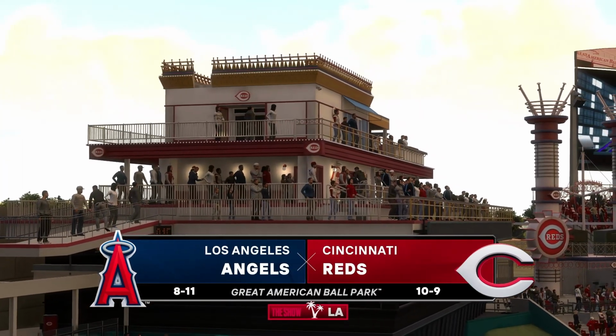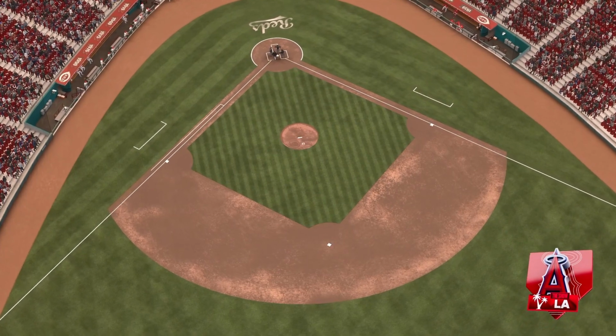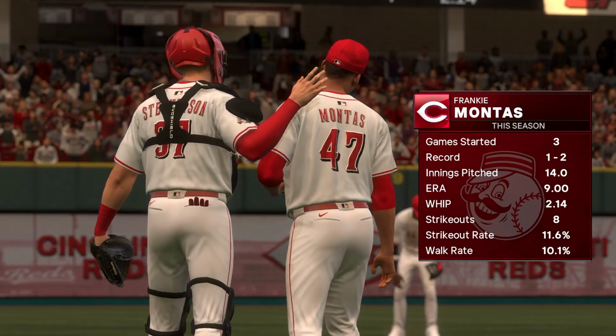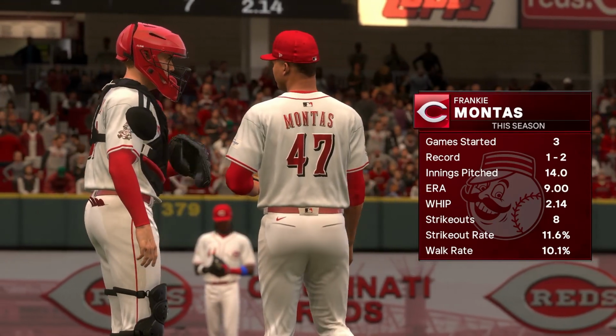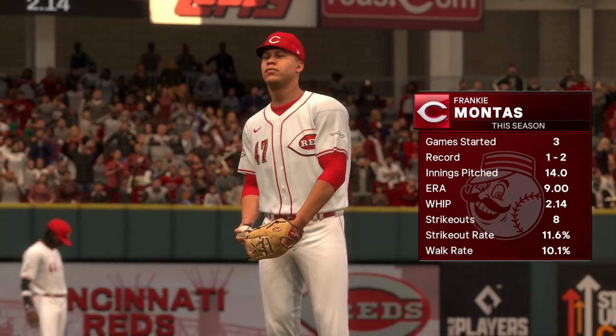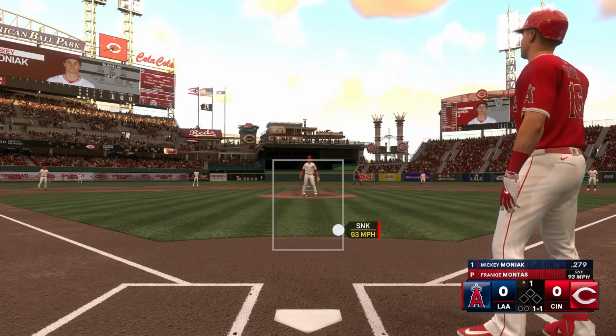streak at the Great American Ballpark against the Cincinnati Reds, who are one of the younger teams in baseball, they have a pretty bright future, as we will see Frankie Montas on the mound here. He has really struggled this season. A 9 ERA in 3 starts with a 2.14 WHIP. So he has really struggled with getting guys out, as Mickey Moniak will lead things off for us, and we